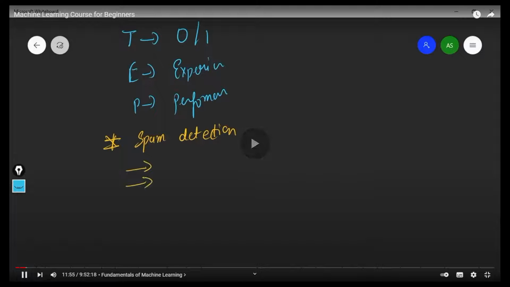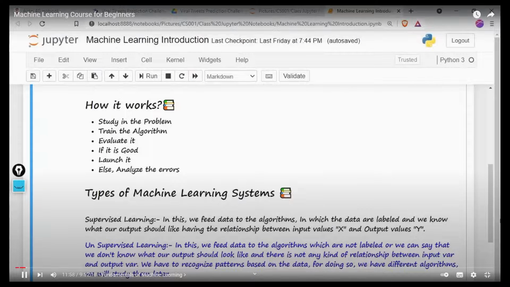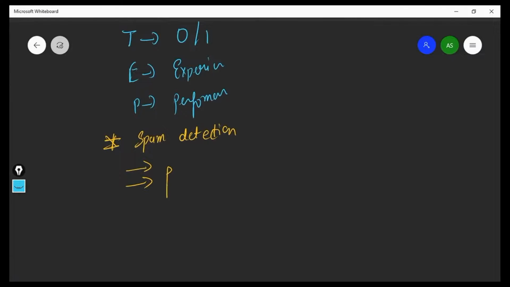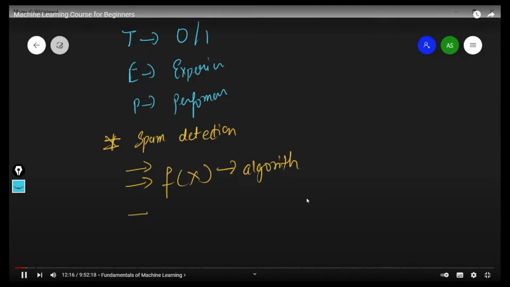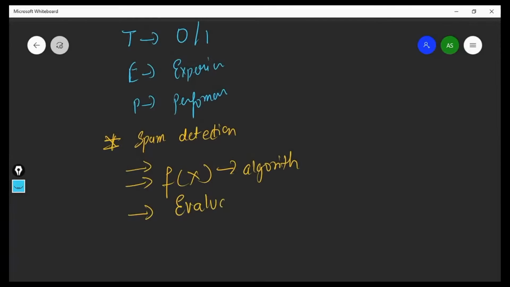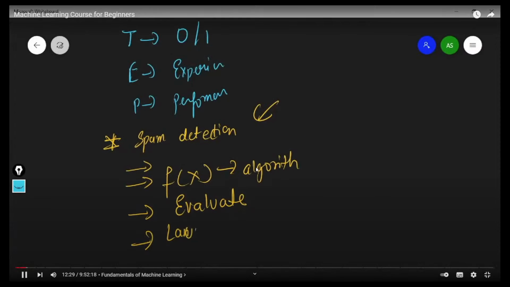The second thing, this is the basic workflow, you train the algorithm, and the algorithm is just a function, f of x, which you will see how it is defined later on. You train with this algorithm, and then you go further into evaluation. You evaluate it by giving new emails and checking whether it's correct or not, and then if it is good, you launch the system. Otherwise,